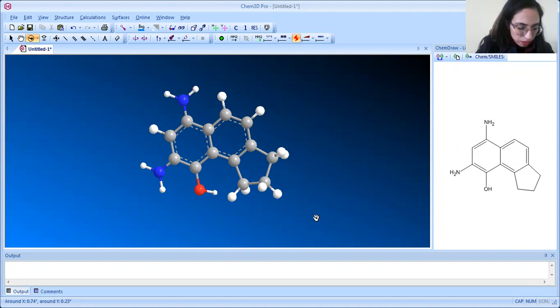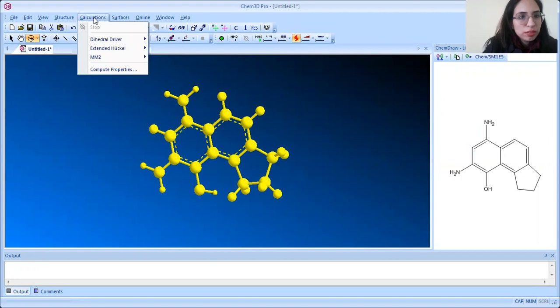For that, what we need to do, just select it by pressing Control A. If you remember, I have mentioned in all my videos how you can select a compound by pressing Control A only. Now go to the Calculation menu.